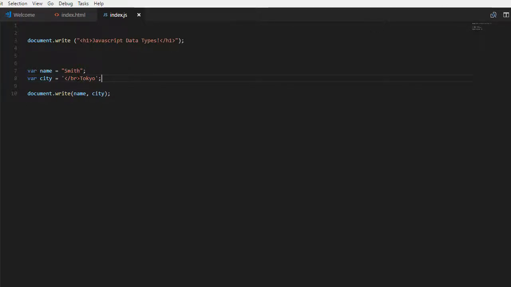So another thing we can do, let's say that you want to put quotes inside the string in the code. For example, I want to say Smith is bad, but quote "it's bad guy". But I want to quote that is bad guy. So what you have to do is, when you use double quotes, you have to use single quotes